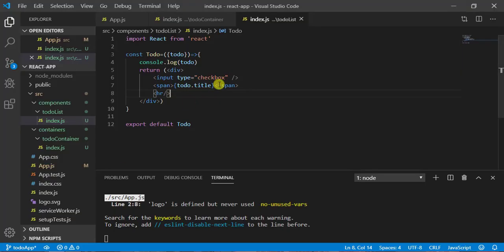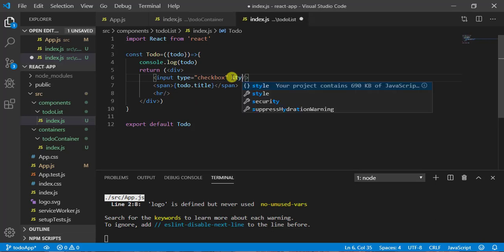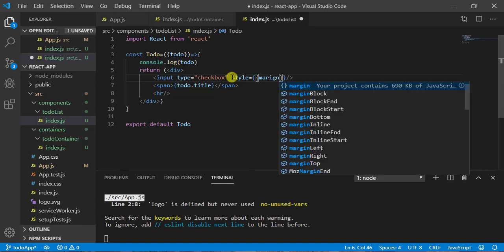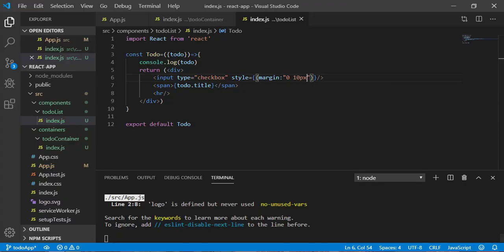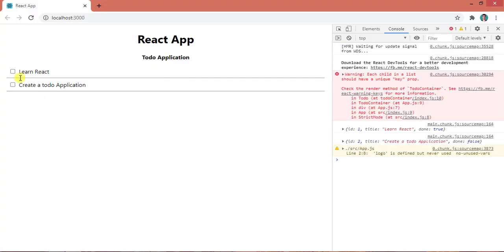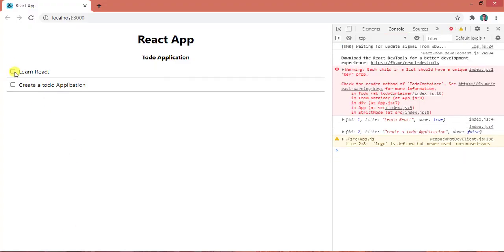So I can write here a style, and give margin from top and bottom 0 pixel and from left and right 10 pixel. Let's save it and have a look. So now there is a little bit of space, as you can see here.